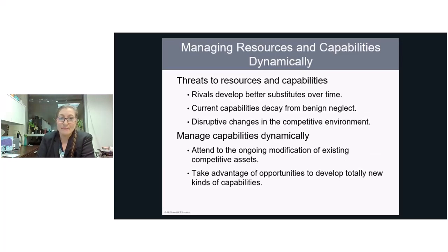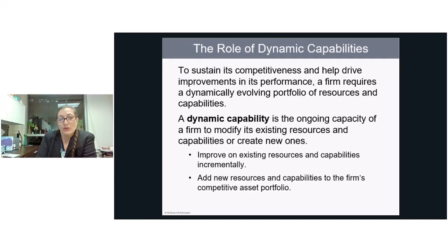So recognizing the threats to our resources and capabilities is something that we need to manage in a dynamic way. We need to attend to the ongoing modification of existing competitive assets. And that means we need to take advantage of opportunities to develop new kinds of capabilities. To sustain competitiveness and help drive improvements in performance, the organisation requires